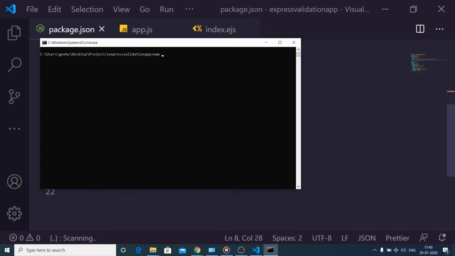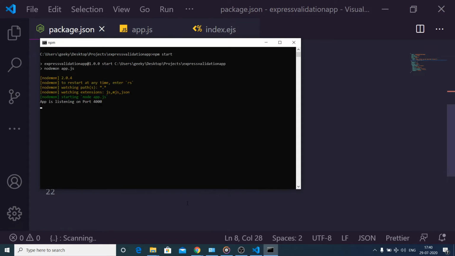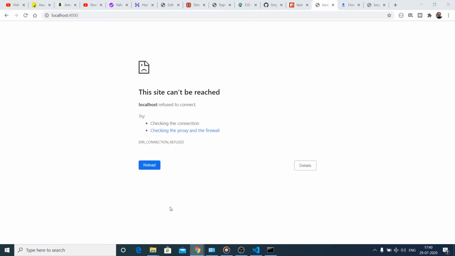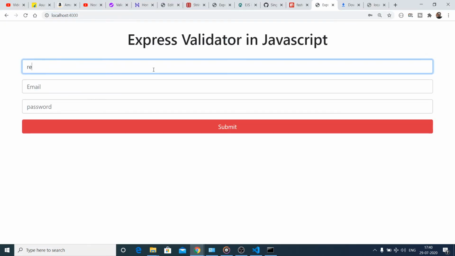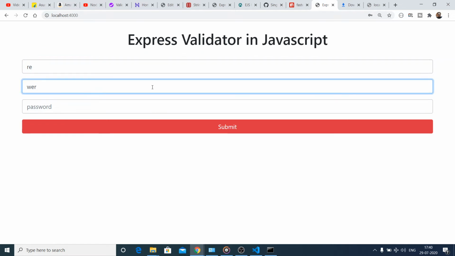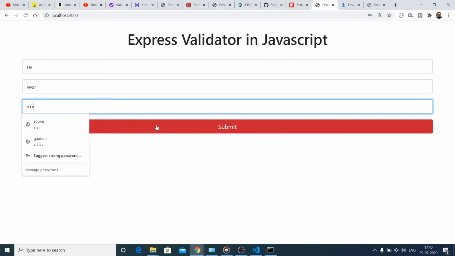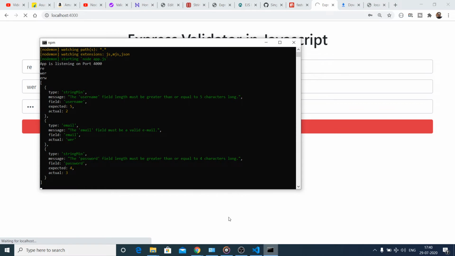Again we start the application. It has started the application on localhost 4000. And if I submit, you will see a response coming here. So these are the array of objects.